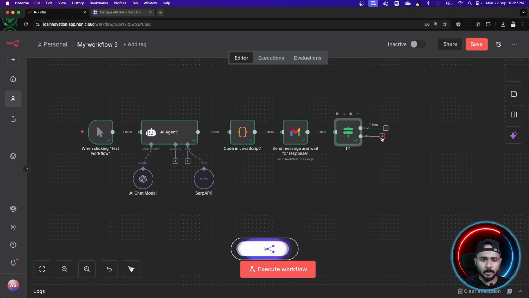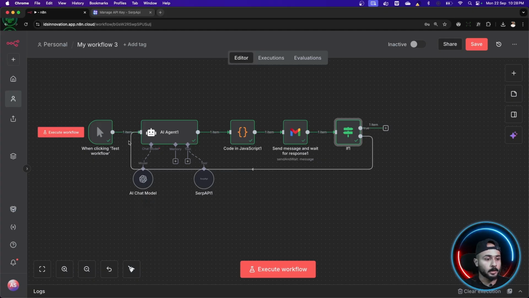Now the false thing is something where I want this post to regenerate. The whole process has to be regenerated, as I didn't like the post, or maybe I'm not interested in that topic, or maybe that topic has already been covered, whatever reason, right? And for that, I want this flow to run again. So that's what I'm going to do. I'm going to use this false node. I'm going to drag this line, and again attach it in front of our AI agent.